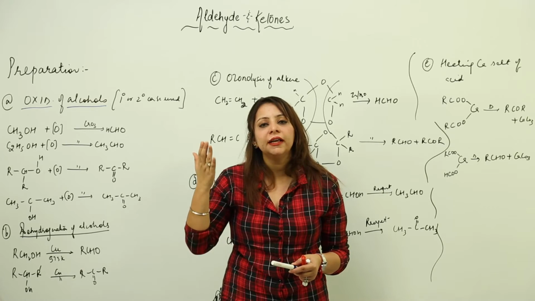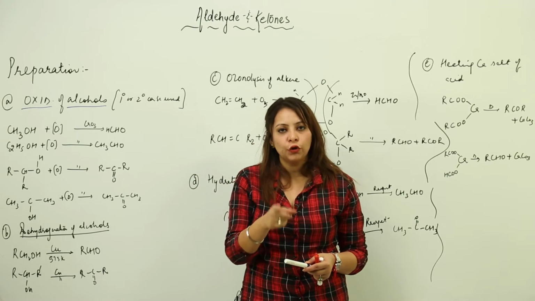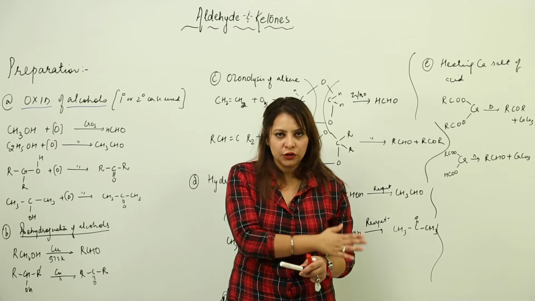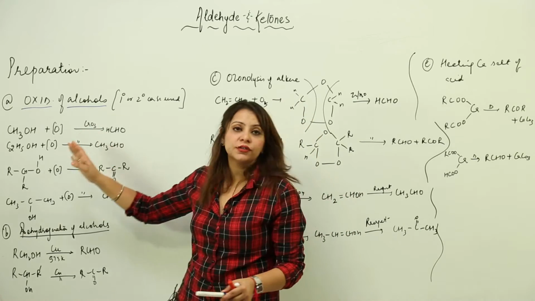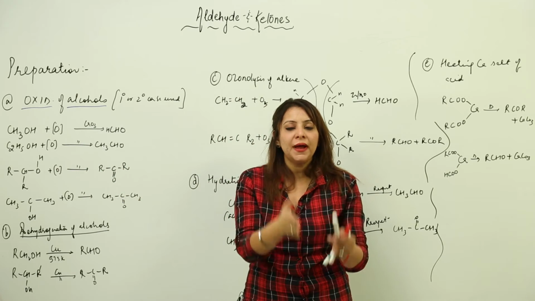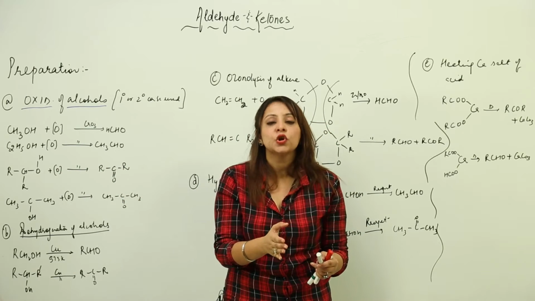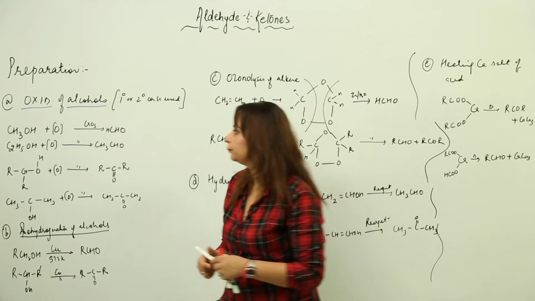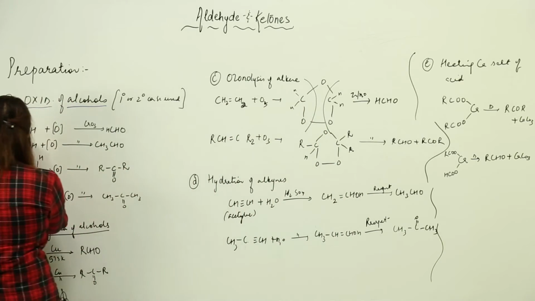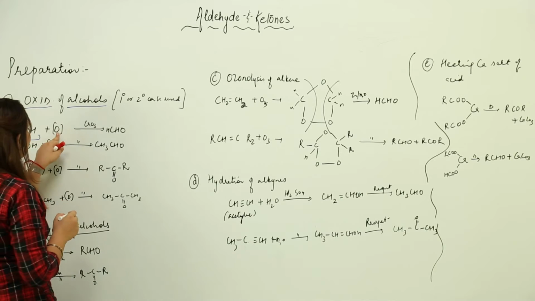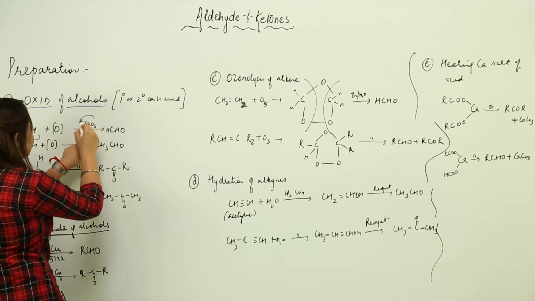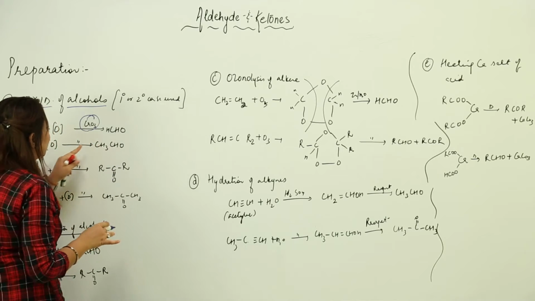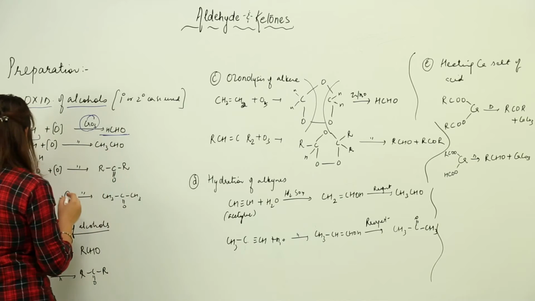When it undergoes a partial oxidation, it forms an aldehyde, but whenever it undergoes a complete oxidation, it forms a carboxylic acid. So whenever we are carrying out the oxidation, we need to take care that it stops at the aldehyde stage, or you can say that we need to do a partial oxidation. So suppose I have an alcohol, let's say methanol. I am going to add nascent oxygen in the presence of a catalyst which will stop the reaction at the aldehyde level, chromic oxide, and here it turns into an aldehyde.